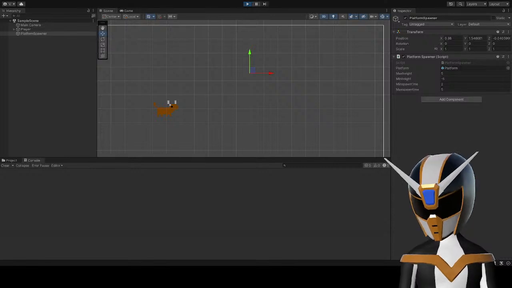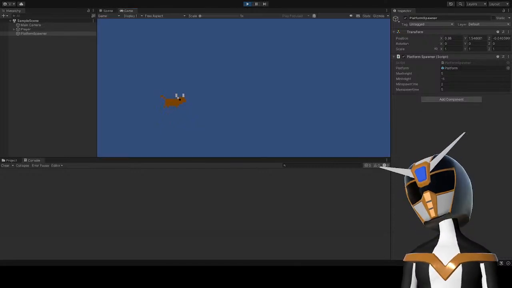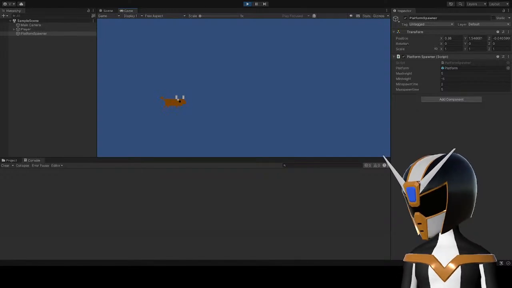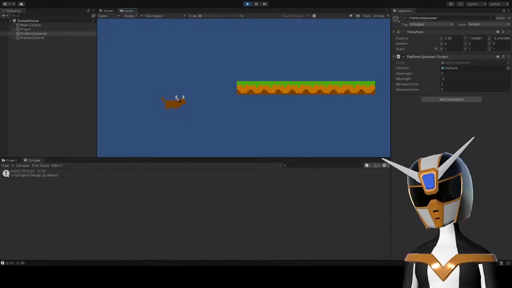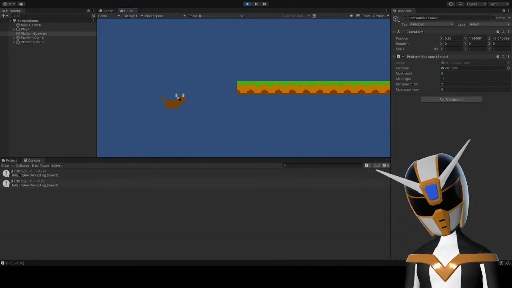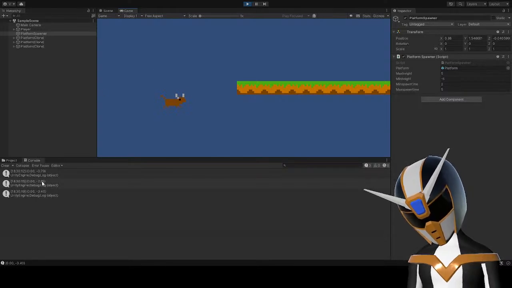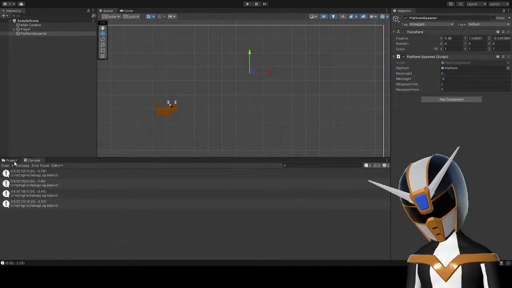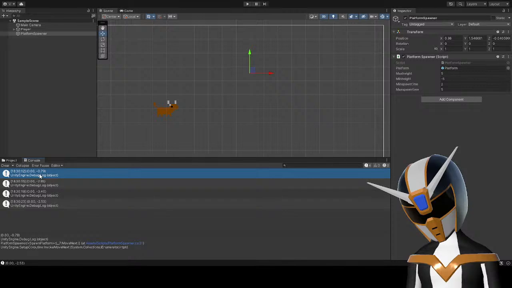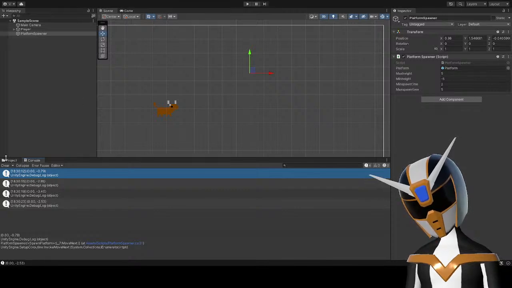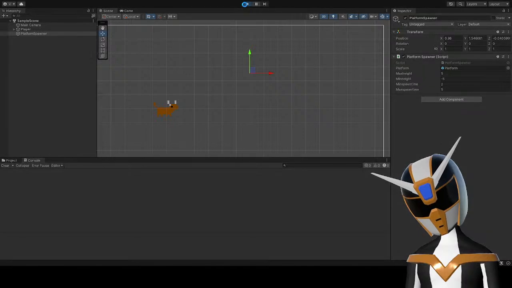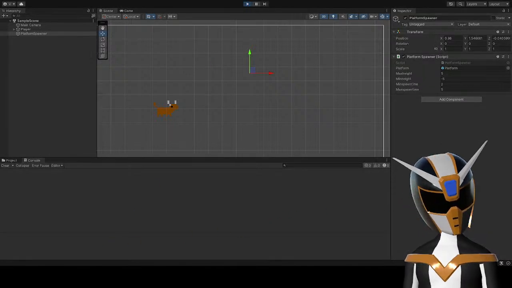This doesn't make any sense to me. See, it's saying that they're spawning at different positions, but they're not. Negative 0.79, negative 2.95, negative 3.4, negative 2.53, but they're all in the same place. What is going on?